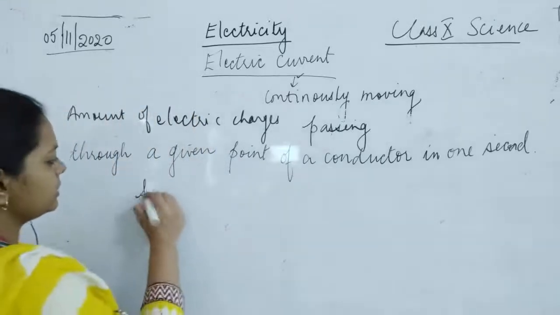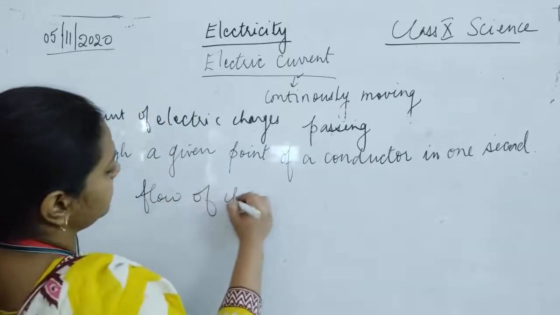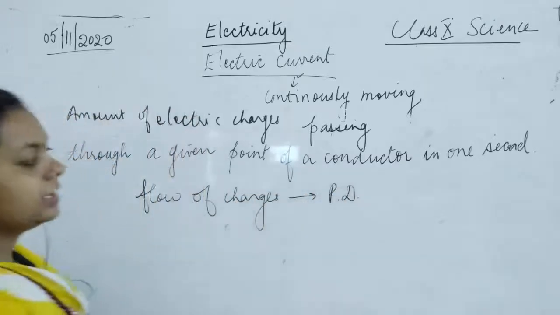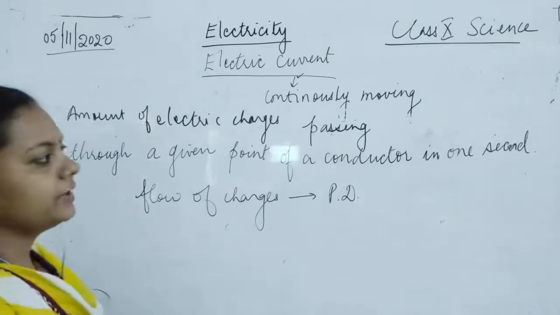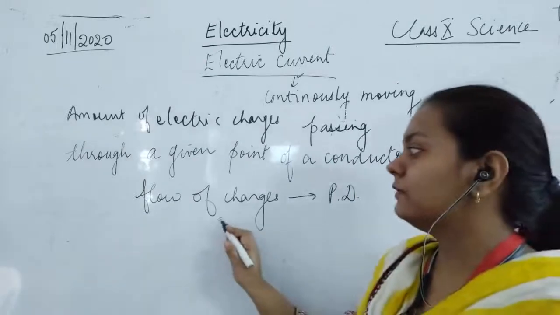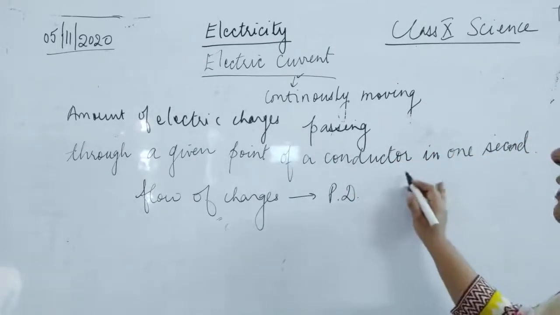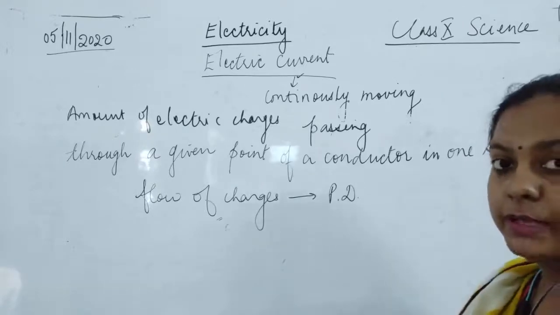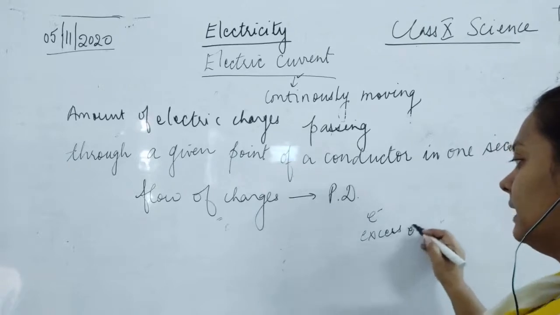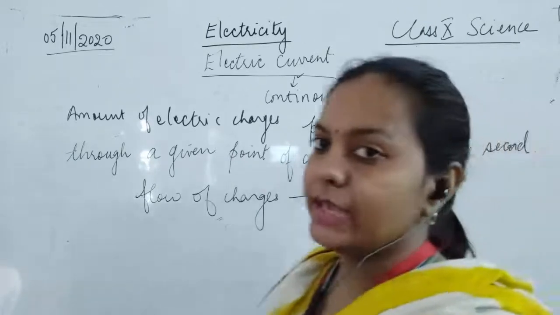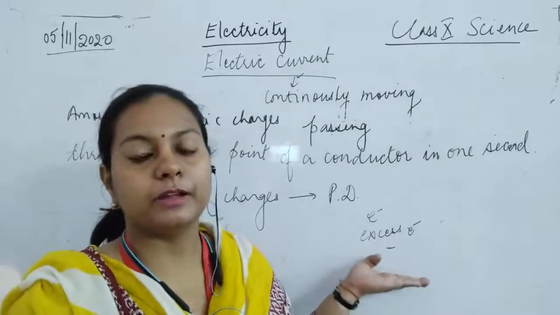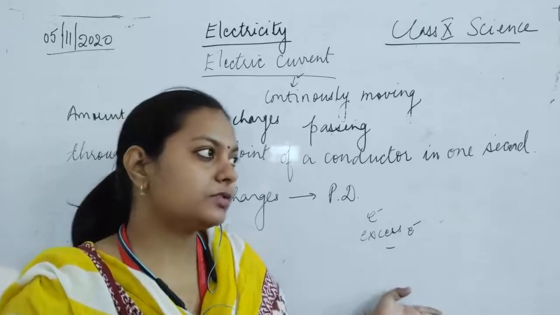The main reason for the flow of charges is the potential difference, the generation of potential difference. So whenever the potential difference is being generated, it means that the charges will flow, and the conductors are always said to be electron donors, because they have excessive electrons present in them. So excessive electrons are present in the metals, so they will be donating electrons. They are going to let the electrons pass through.